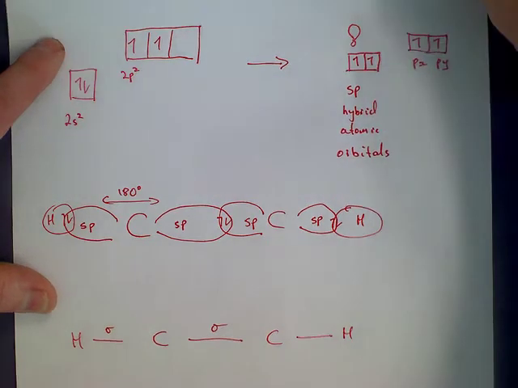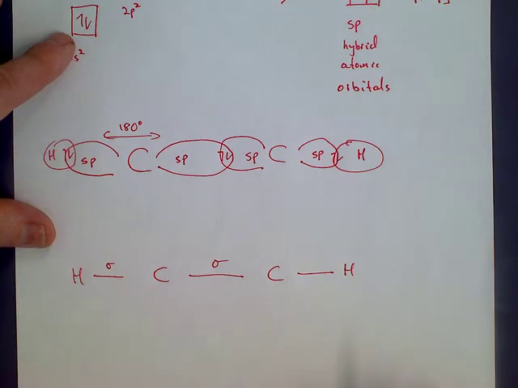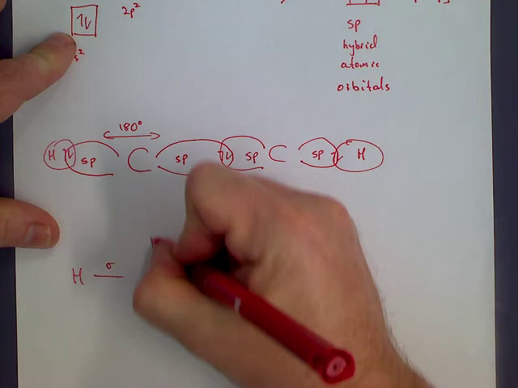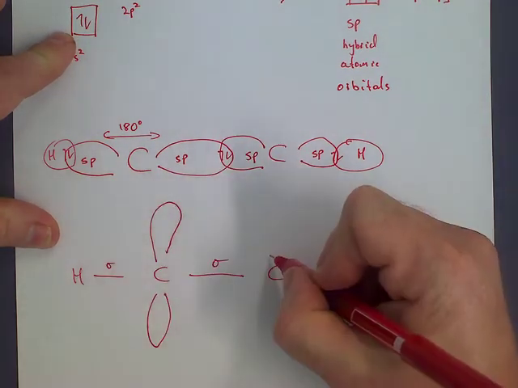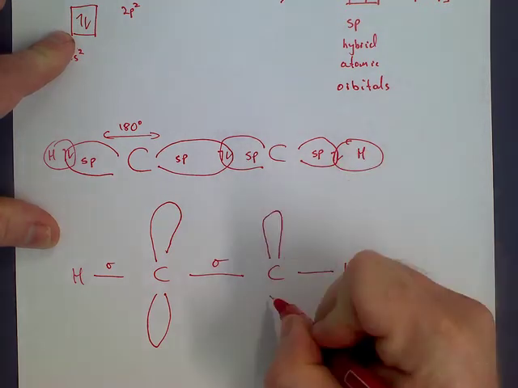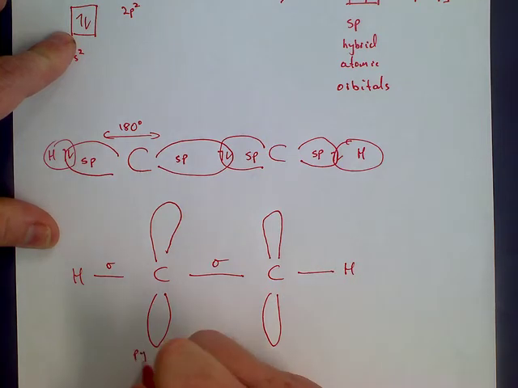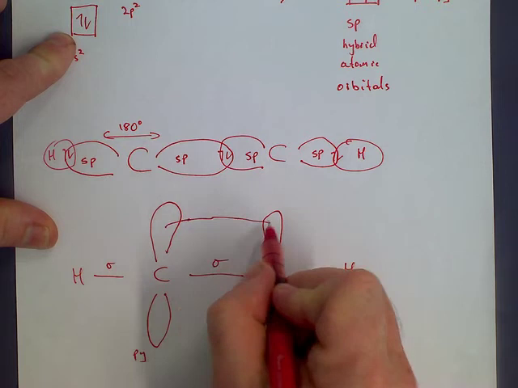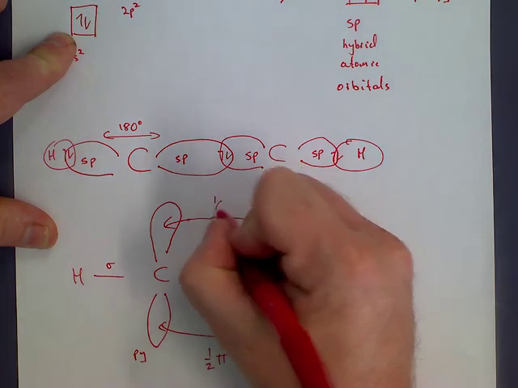Now, what about those p orbitals? Well, those p orbitals, each carbon has one set above the existing sigma axis. That could be, for example, the py. Now the py will bend over above and below that sigma axis and form half a pi above and half a pi below,